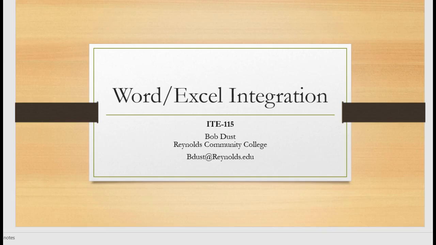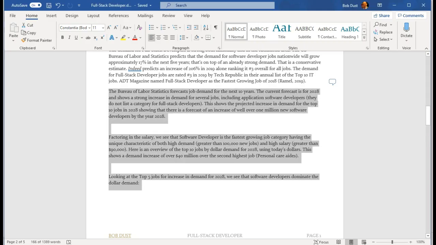Welcome to ITE-115. In this short tutorial, we will show how to integrate Microsoft Excel with Microsoft Word. We will use the same example we have been using for the full stack developer. And if we start with our Word document,